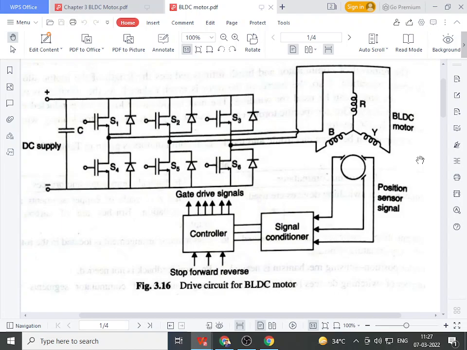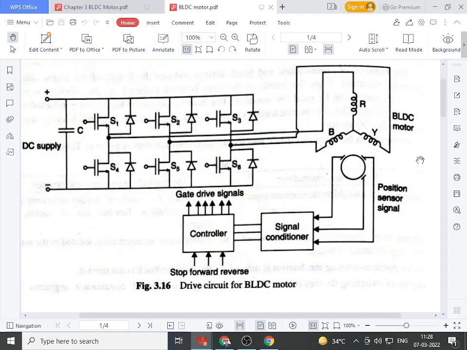Again, the direction of rotation of the BLDC motor, that is forward or clockwise or counterclockwise or backward, depends upon the way in which we turn on the set of switches. That means if we have to reverse the direction of rotation of the BLDC motor, we simply have to reverse the switching sequence of the power inverter circuit. So inverter circuit के switches का switching sequence reverse करके आपको rotating direction of BLDC motor को reverse करना है. How that is so, we are going to discuss in this working principle.